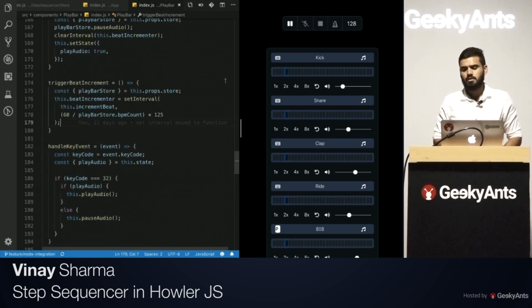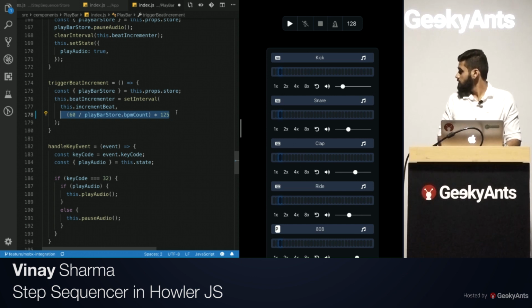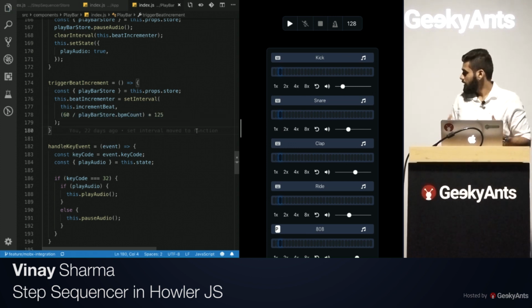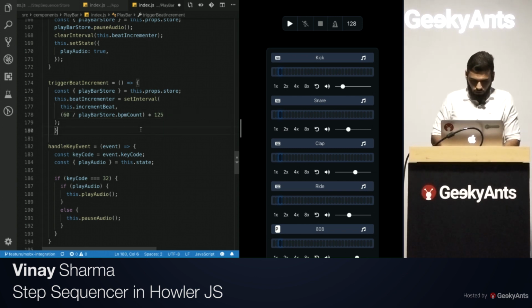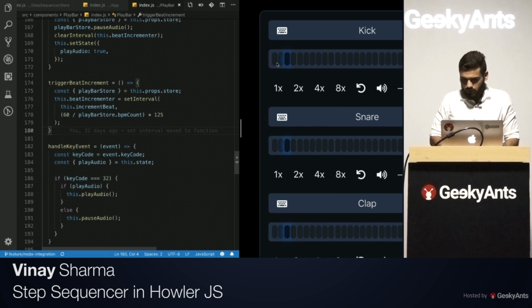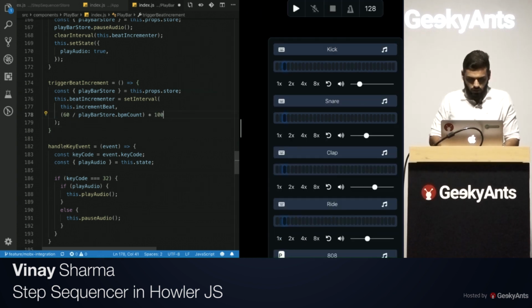I'm using setInterval to increment each and every beat at a specific regular interval of time. The formula is this one. BPM stands for beats per minute. So if it is at a rate of 128, it means that it will play 128 beats in a minute. But the rate of playing the beat should be beats per second, just like we have velocity for vehicles, kilometers per hour. So to iterate over each and every beat, it should be 60 by BPM into 1000